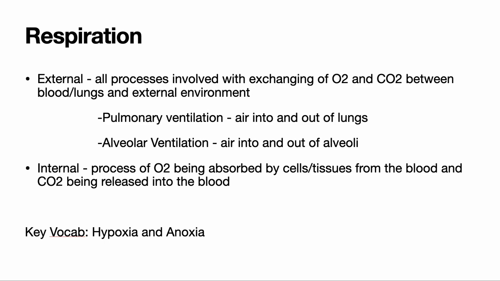So we can divide up external respiration into two parts: pulmonary ventilation, which is just getting air in and out of the lungs, and alveolar ventilation, which is specifically getting the air into the alveoli of the lungs so that oxygen and carbon dioxide can diffuse across the respiratory epithelium and get into the blood. The oxygen can get into the blood and the CO2 can move out into the alveolar